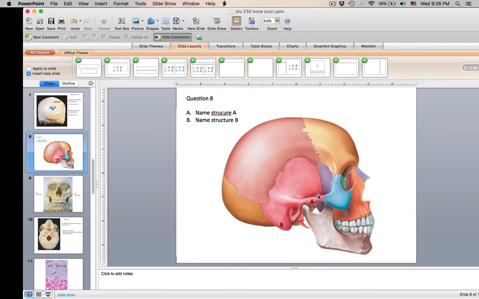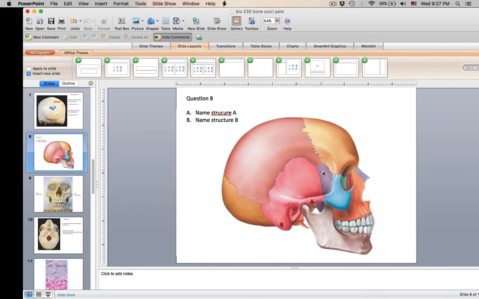This one is so easy just because it's color coded, and you will not have anything color coded on an exam. This pink bone is the temporal bone. That's where you start. What bone am I in? The temporal bone. This is the zygomatic process of the temporal bone. You have to say of the temporal bone: zygomatic process of the temporal bone, mastoid process of the temporal bone. This hole here is the external acoustic meatus of the temporal bone, styloid process of the temporal bone. Here's your parietal bone, occipital bone,